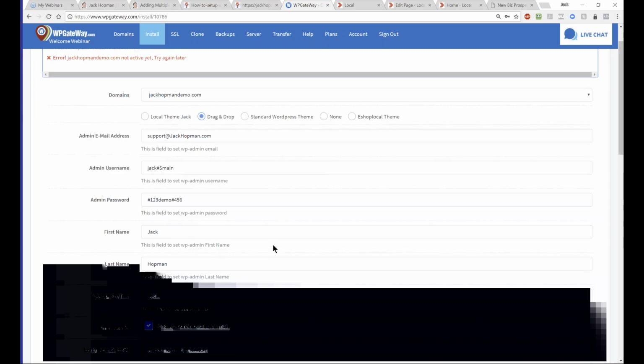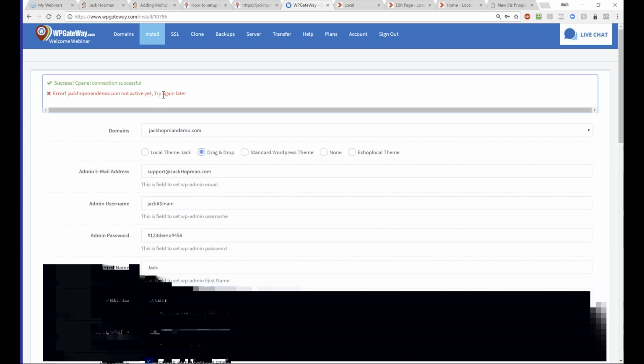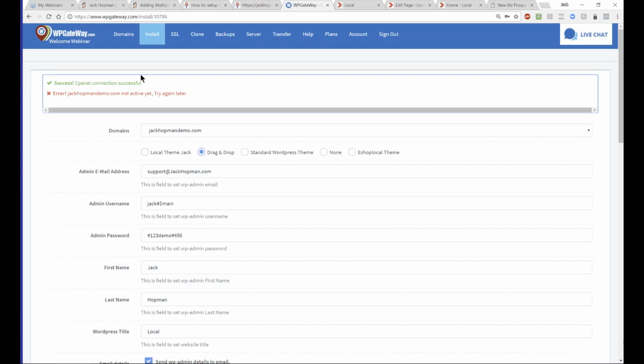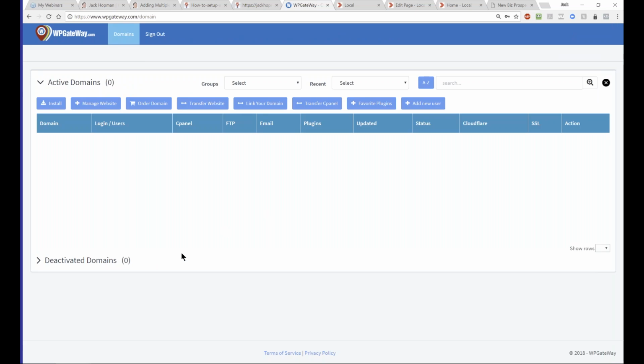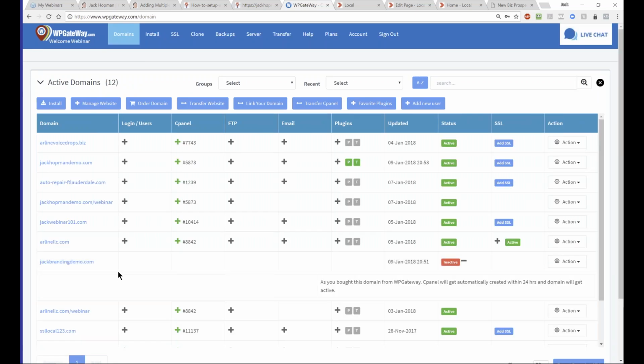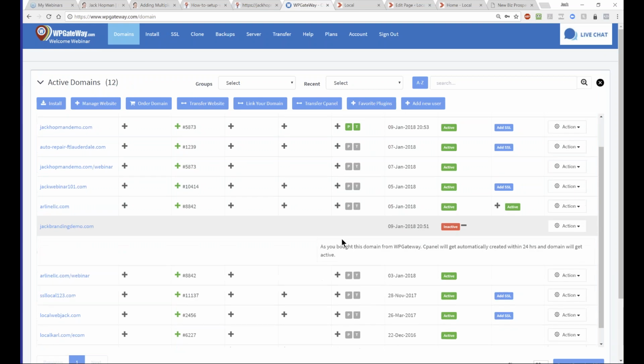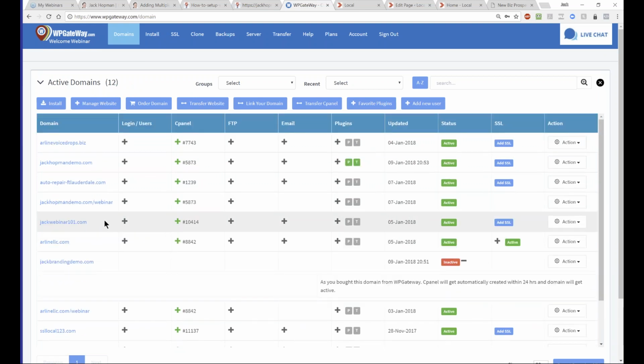Okay, not active yet. Try again later. I think it's too many cPanel databases. After 10 databases, it doesn't do that anymore. So let me see if that other domain name is active now. Then this is not active yet, so we have to see if